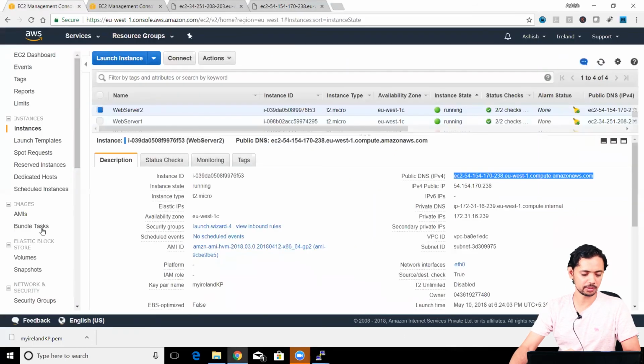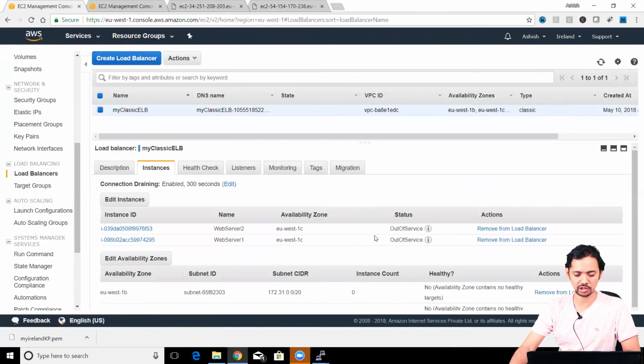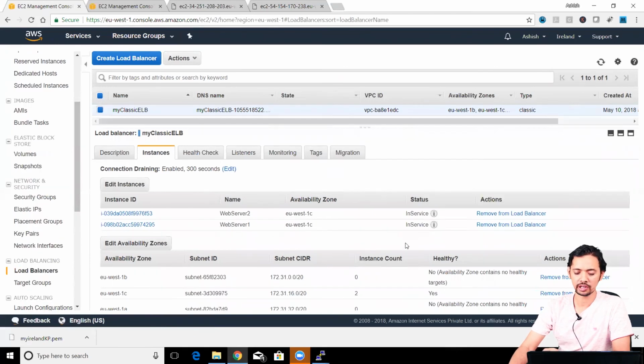Now let's go to ELB and check out the instances. It is still showing out of service because it might take some time to declare it as healthy. Remember, it will have to do multiple tries before it can declare that as healthy. So here you go. Now it has made it in service, which means it can forward the traffic to